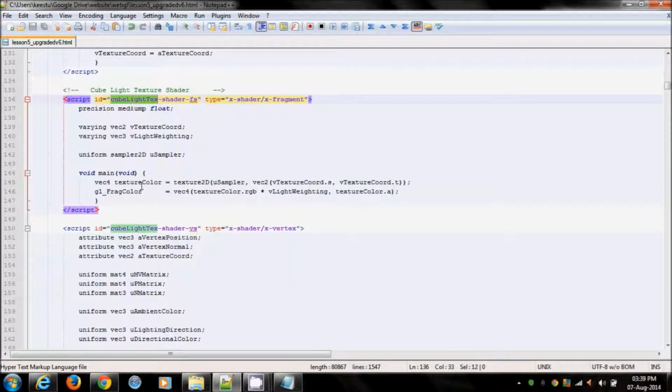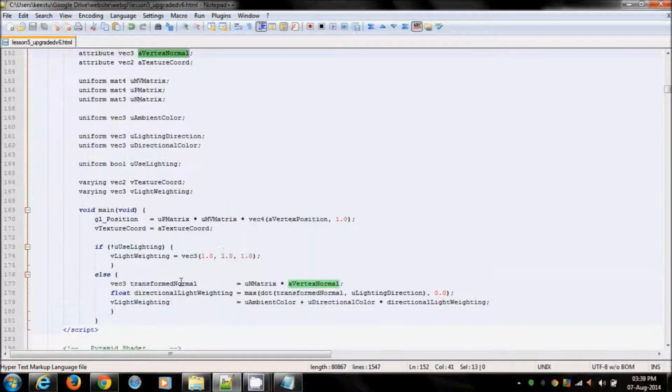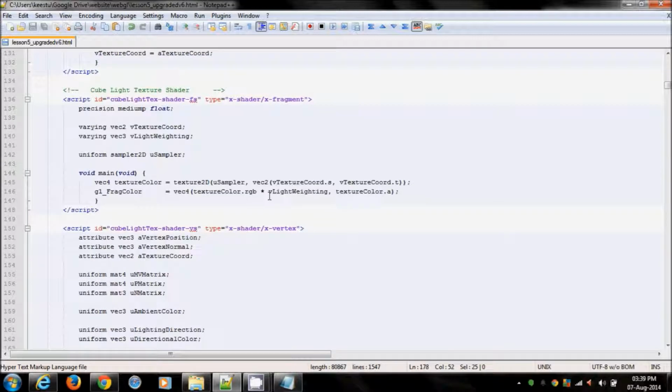And finally coming to the shader itself, you have the light direction, you have a directional light which is basically a sun, and the ambient color and the normal set. The purpose is that the texture has a texture color, and it needs to be illuminated by the direction as well as the ambient color. The color that needs to be illuminated needs to be weighted based on how much of the lighting is present.